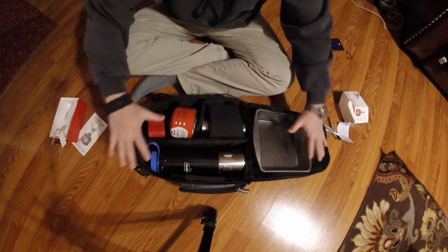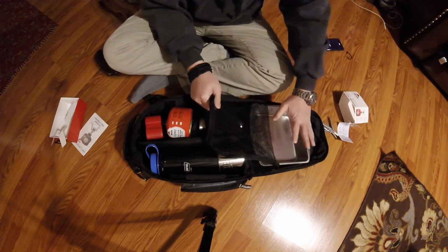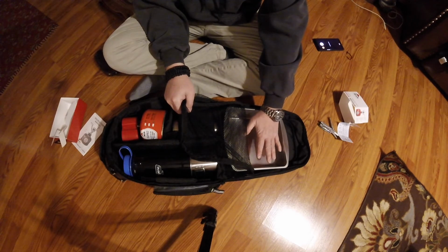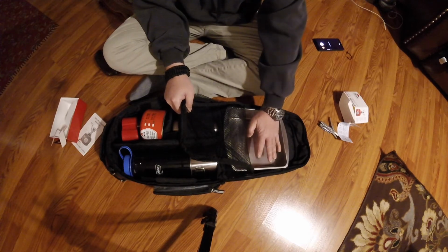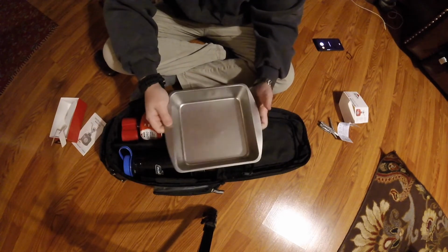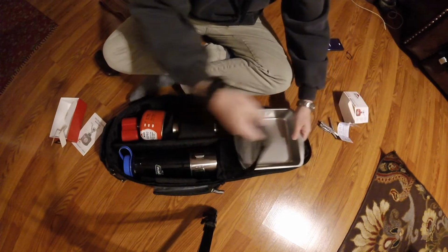Now, I don't have food in here, but there is room in here for food. Starting over here in the net compartment, there would be pouches of food, whether it be MREs or dehydrated food, or pouches of tuna and ramen or whatever right here. Okay, now there's 2 pans, baking pans, that I could use as dishes or frying pans. That goes right in here. All right,